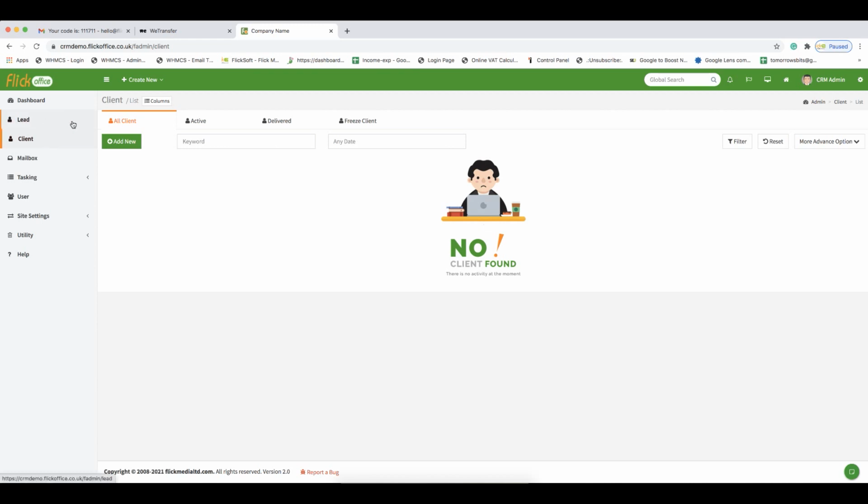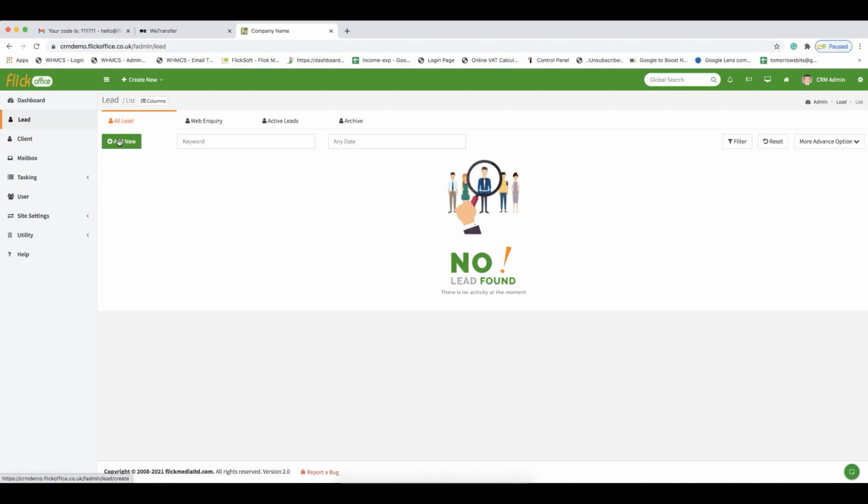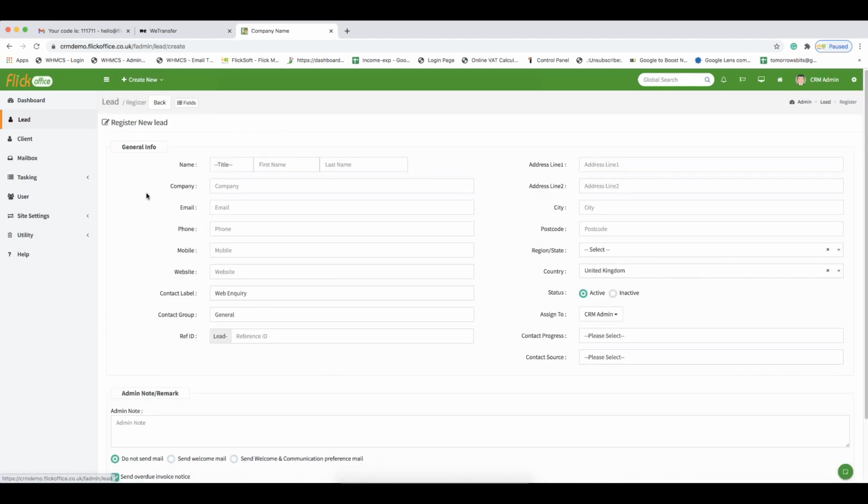To register a new lead, you have to click on lead and add new lead, or you can do it from the shortcut menu at the top and click on lead. So that's how you can create a new lead. Okay, and to do that you have to